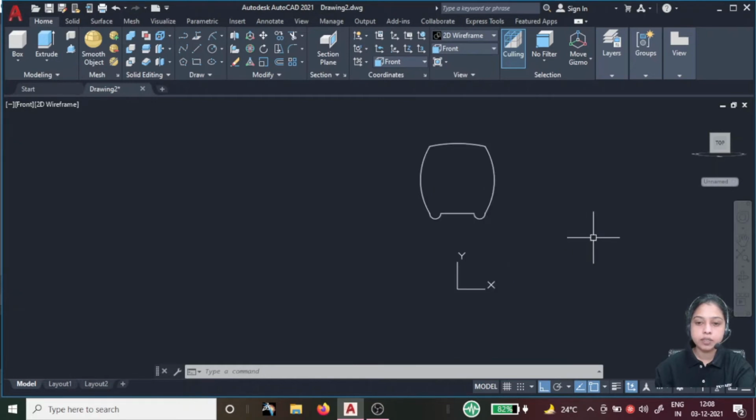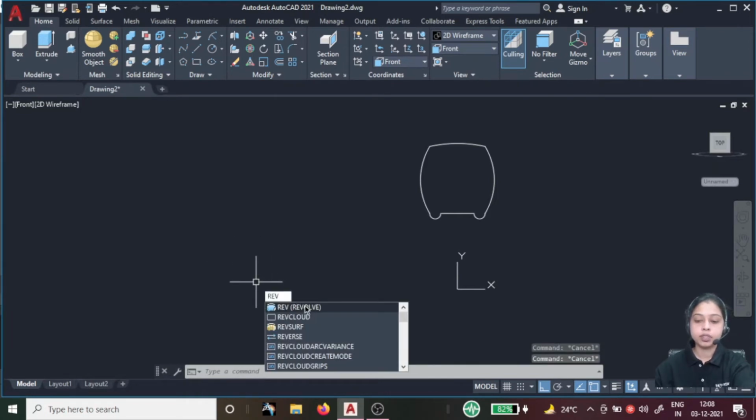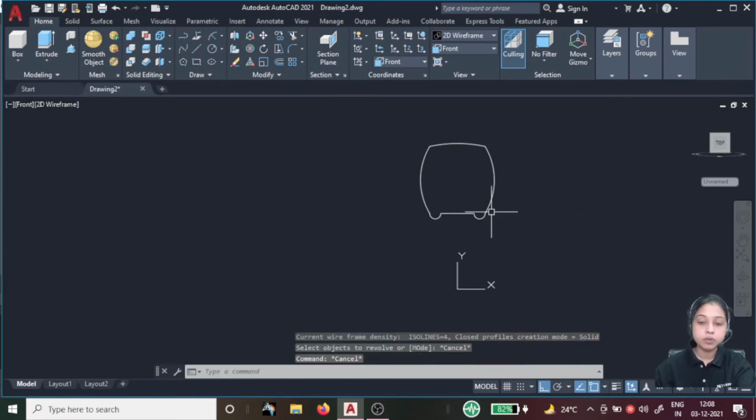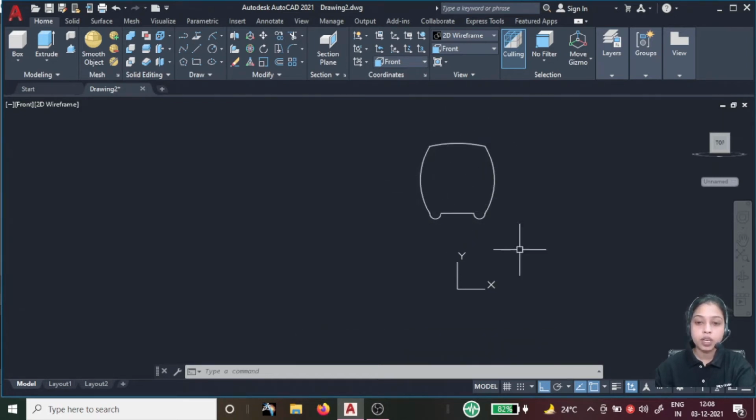Okay, so now let's go for the next procedure. We need to give an accurate shape of my tire. For this tire we need to revolve this profile. Here is the revolve, else you can type REV, enter, for the revolve, and select the object. If I am selecting the object, now it's only selecting one entity at a time. So we need the whole entity to be created as a revolve.